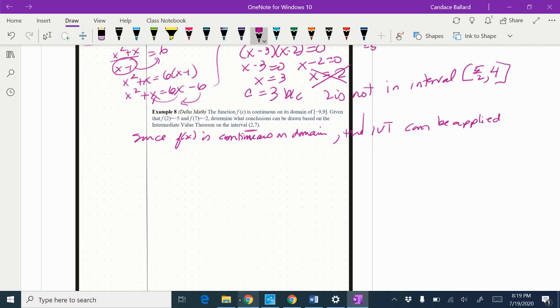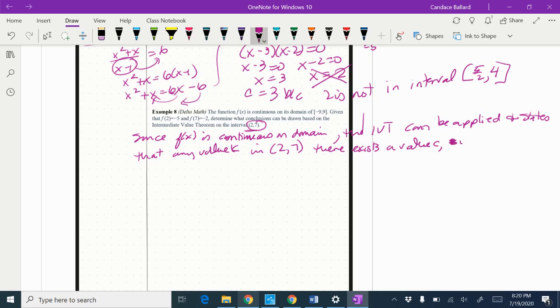And a lot of this is drop down stuff you can just put in. And then it states that for any value k, and this is a little bit different than the way we were phrasing it, any value k in the interval, so in this interval that they gave you, there exists a value c